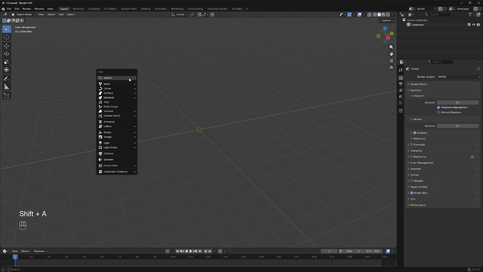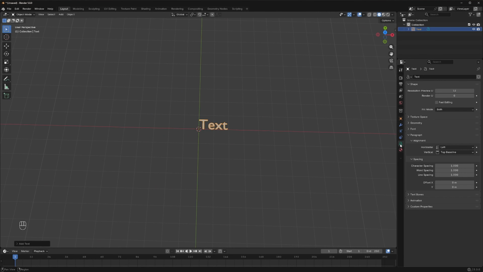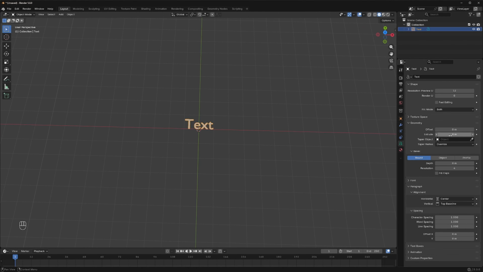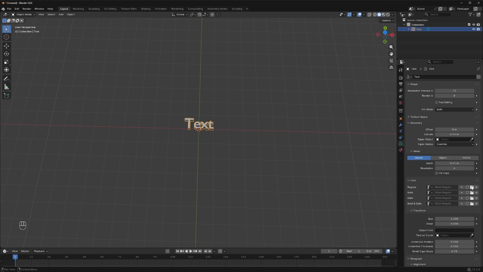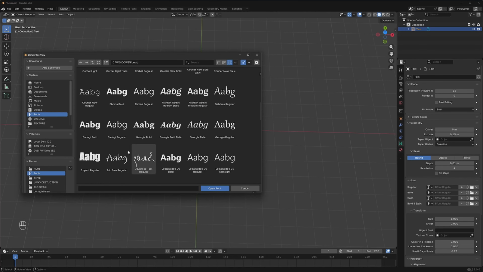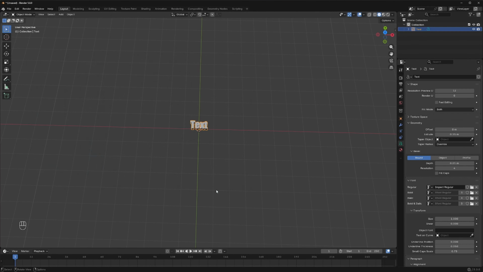So Shift A, add a text. Go in properties of the text, make it in the center. In geometry, extrude it, give it a little depth. In font, I change this to this one, Impact Regular. Hit Tab